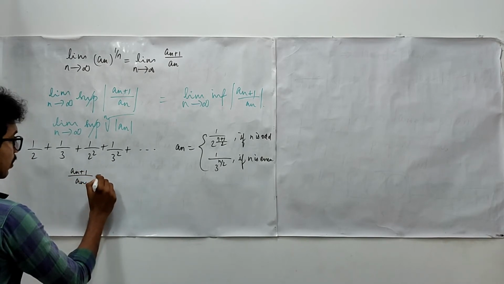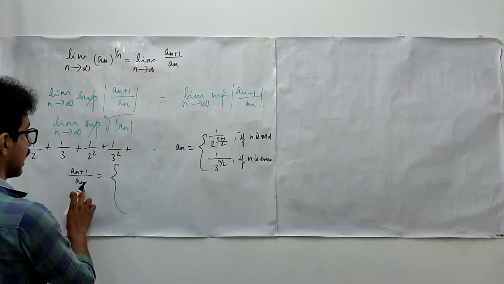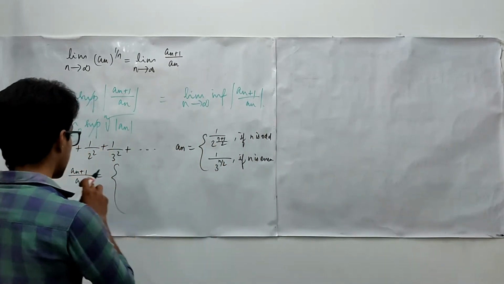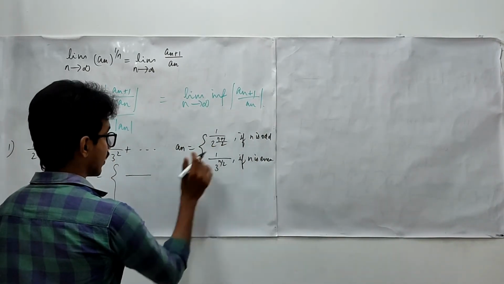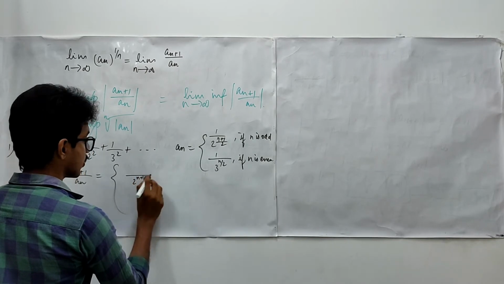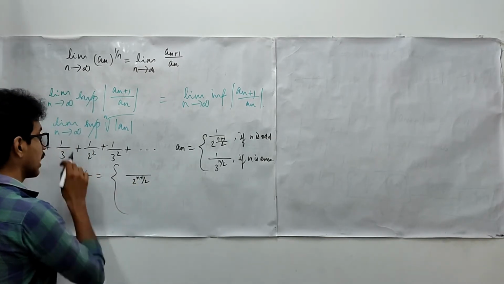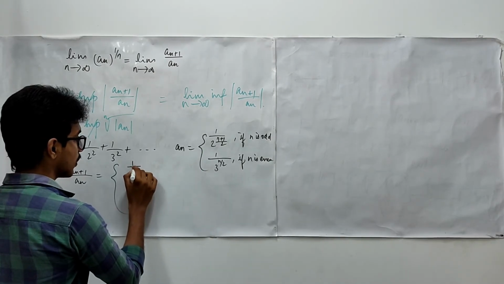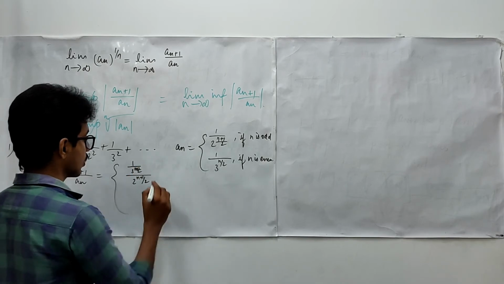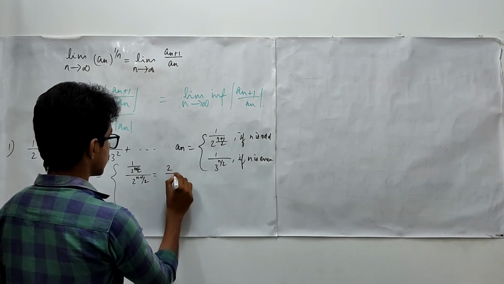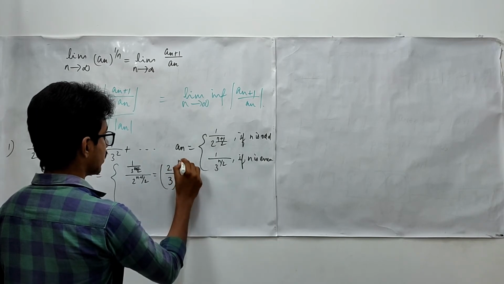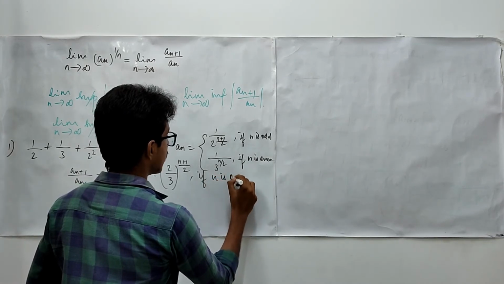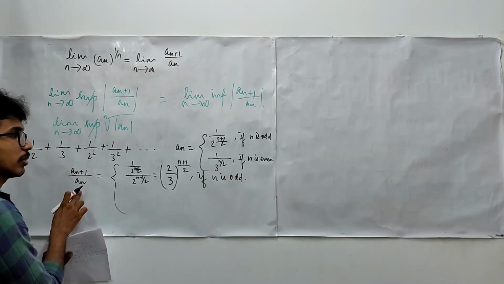If the nth term is odd, then I will have this thing, 2 power n plus this thing. So my n plus 1th term will be even, so 1 upon 3 power n plus 1 by 2. This may be written as 2 upon 3 whole power n plus 1 by 2. This is for the case when n is odd. I have chosen my n to be odd.